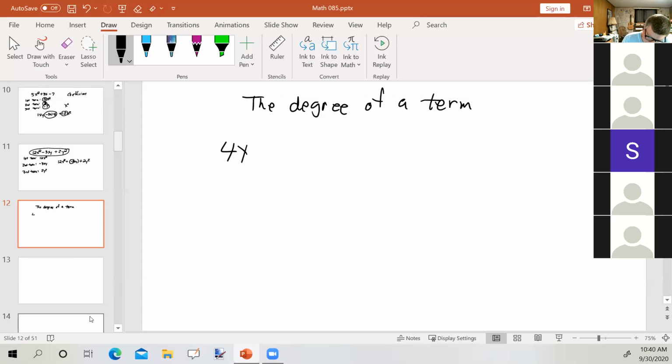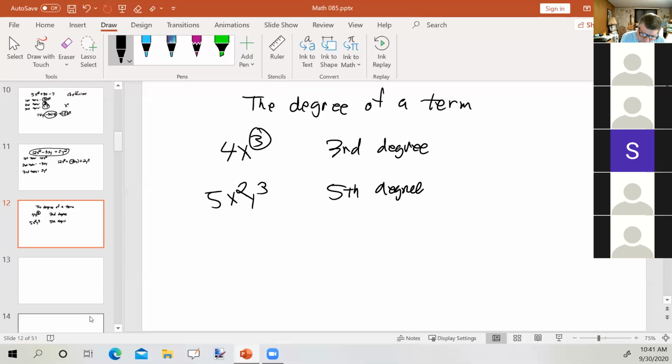4x cubed is a term of degree 3. So third degree because of the 3 on the x. 5x squared y cubed is 5th degree, not because of the 5 coefficient, but because of the sum of the exponents on the variables. 7y to the 5th is also a term of 5th degree because the sum of all the exponents on all the variables is 5. What about